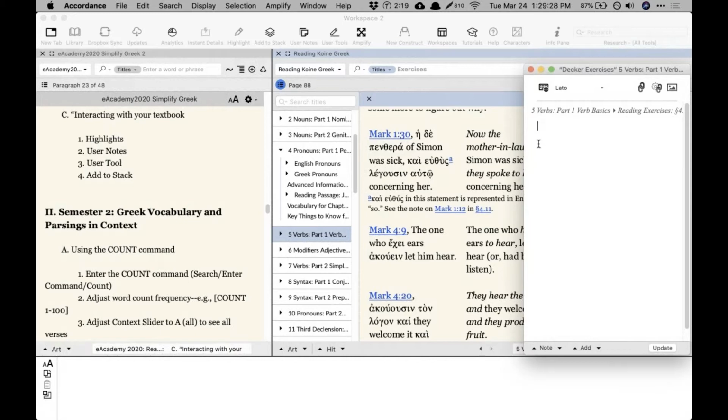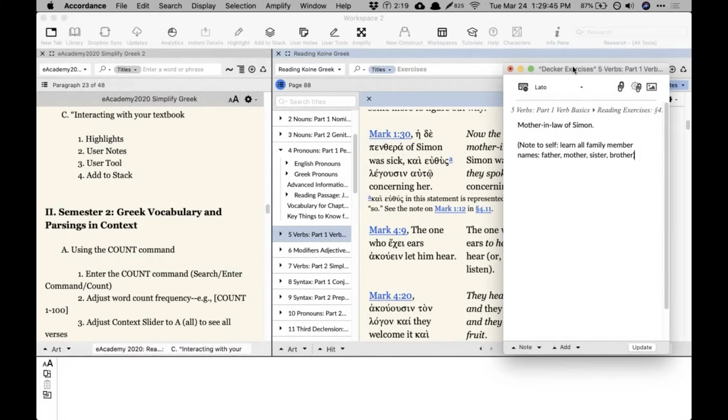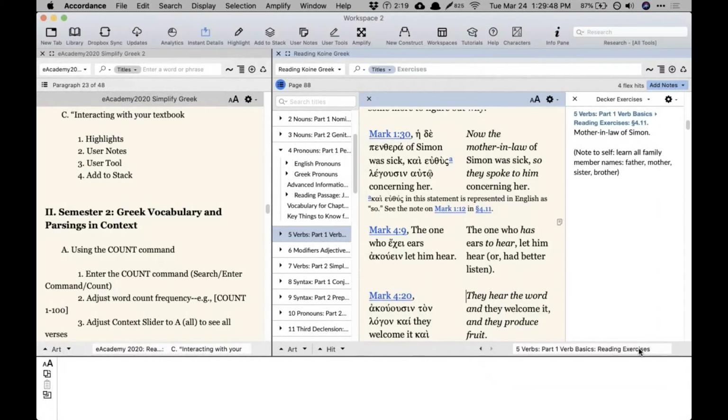And so I might just type in, mother-in-law of Simon, note to self, learn all family member names: father, mother, sister, brother. That might just be something I want to make sure that I know how to speak about all the members of a person's family. So I'm just making this note up, but I click on Update now,